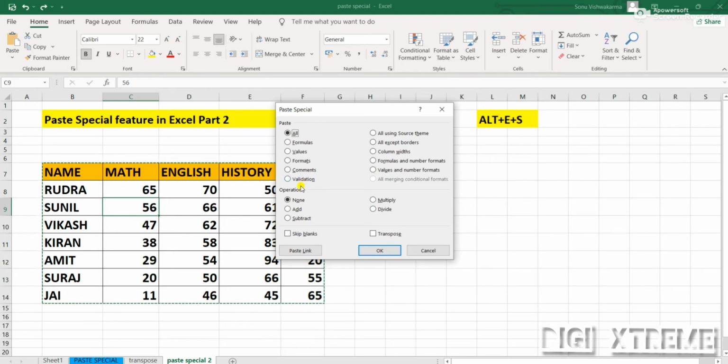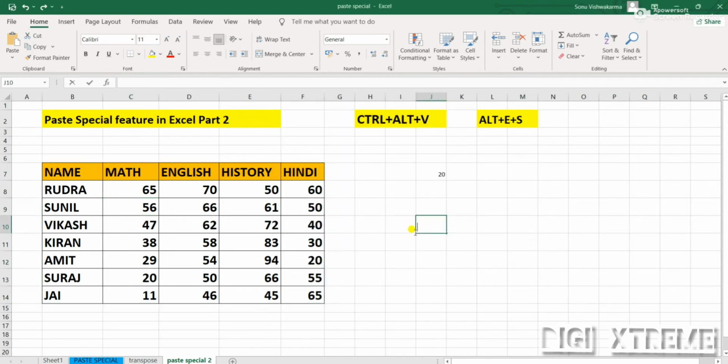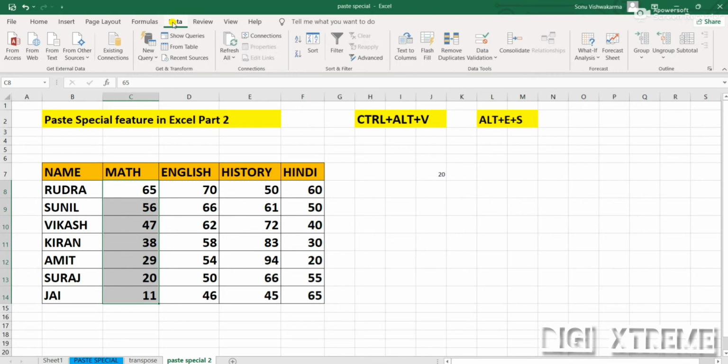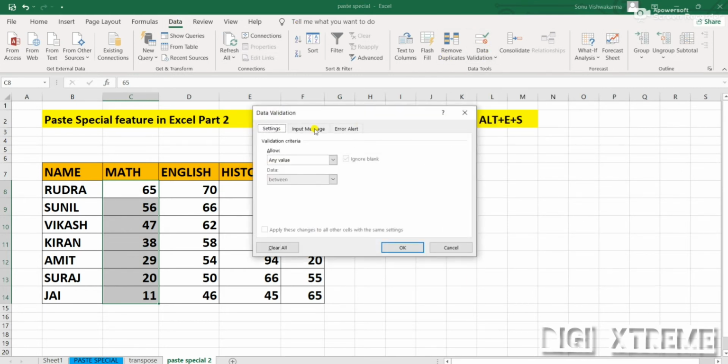To show you how validation works in paste special, I need to apply data validation over some cells. Let me show you how. Let me select this and go to Data. Then you can see there is Data Validation over here.